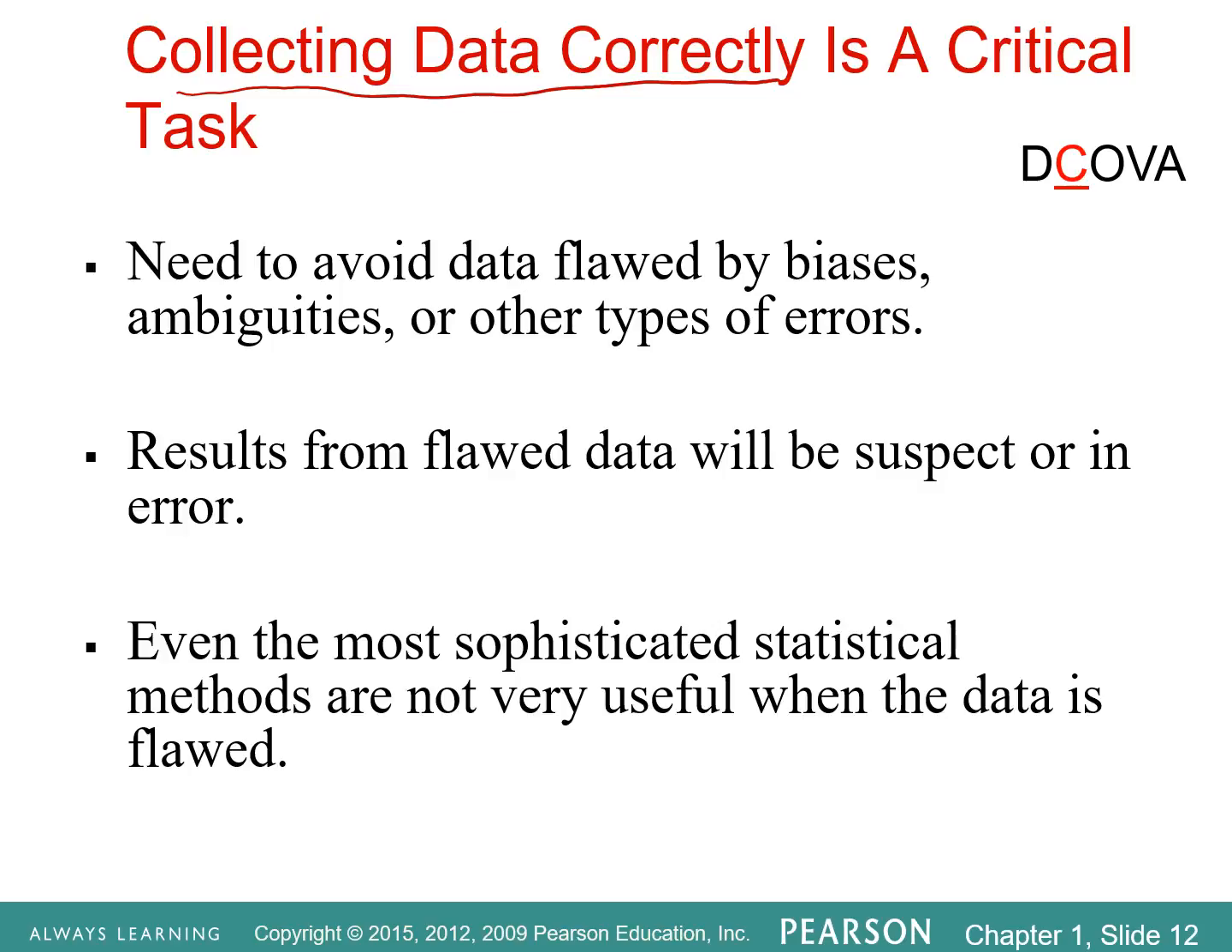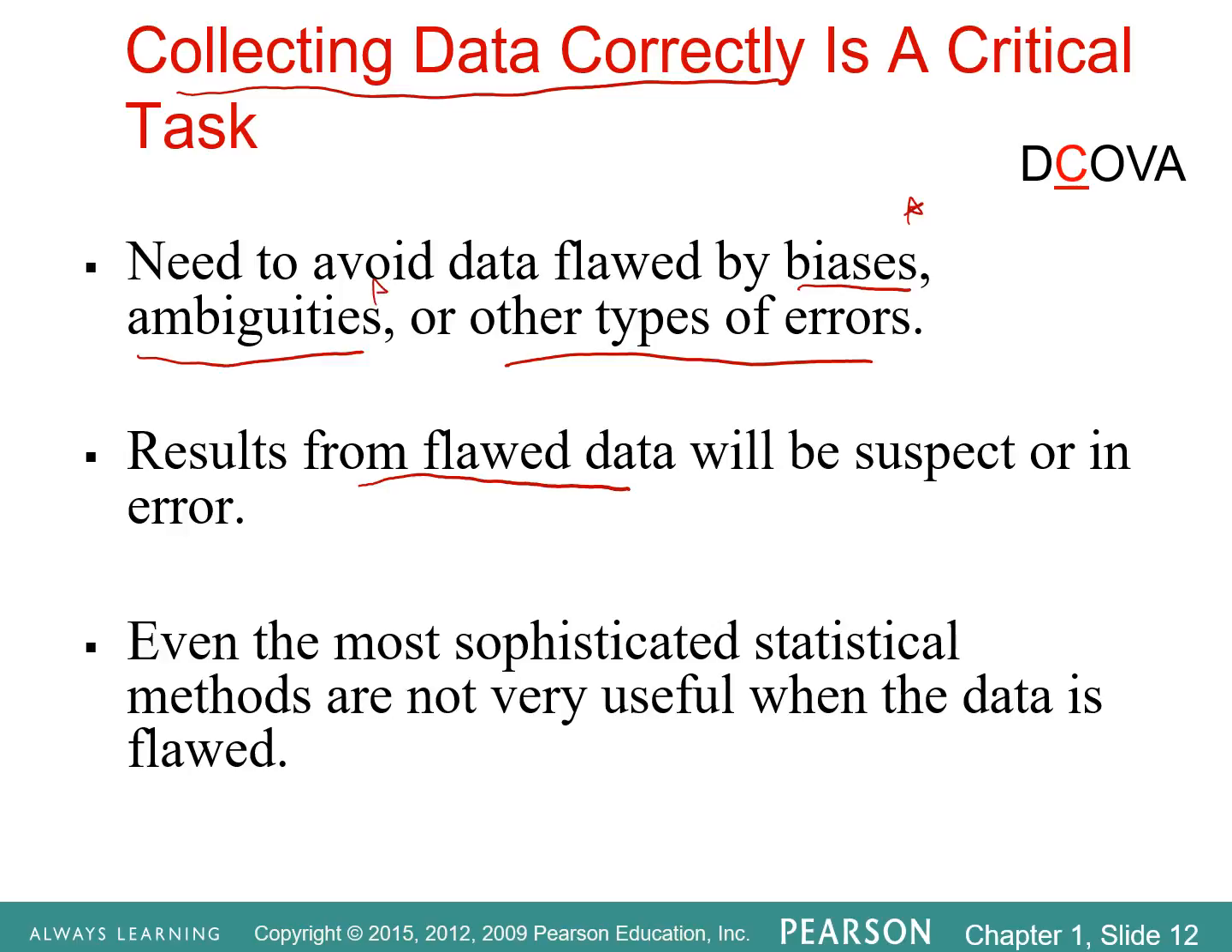This is really needed because our data can be flawed by biases, ambiguities, or just other types of errors. Results from flawed data. So typically you're using data to prove a point, right? You're using it to prove your hypothesis. And so if you say all of this data is true and correct, and you don't take into consideration any